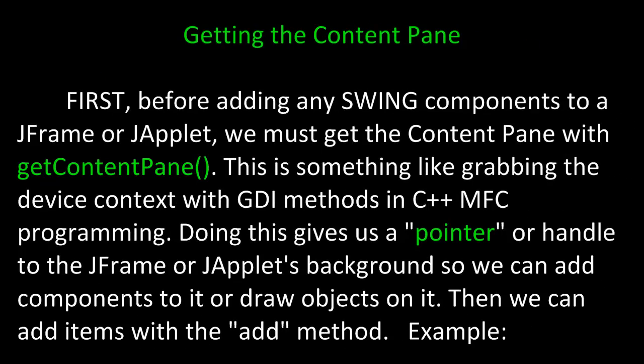Before getting started, let's review some preliminaries, such as getting the content pane. Before adding any Swing components to a JFrame or JApplet, we must get the content pane with the method getContentPane. This is something like grabbing the device context with GDI methods in C++ MFC programming. Doing this gives us a pointer or handle to the JFrame or JApplet's background, so we can add components to it or draw objects on it. Then we can add items with the add method. For example,